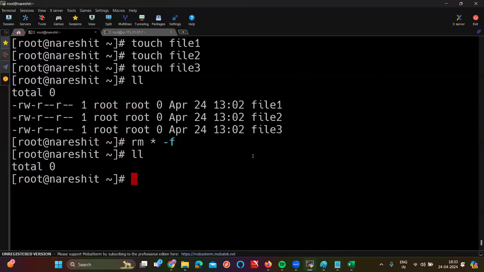Now, if you create 100 files, then how will it remove 100 files? Again, I'll show that one. But before that, how exactly are we going to create 100 files? I'm going to tell you. Give the command touch file{1..100}. That's it. Touch is the command which you already know. Now I want to create file 1 to file 100. Put file and in the curly braces 1..100. That means it is going to create file number 1 to file number 100. Hit enter and give ls or ll.